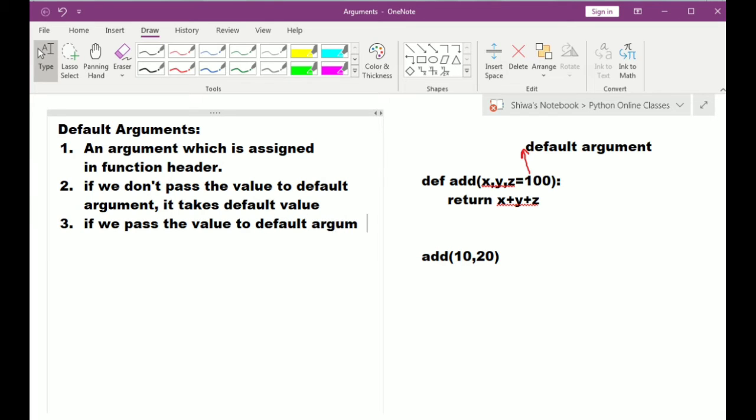If we pass the value to the default argument, it takes that value.